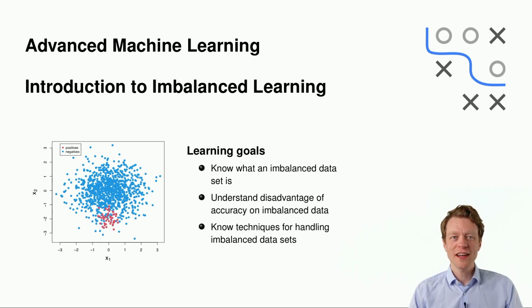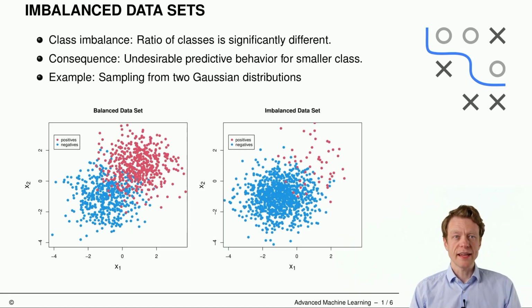I'm Ludwig Botmann, and in this video I will introduce you to imbalanced learning. You should know what an imbalanced dataset is. You should understand the disadvantage of using accuracy on imbalanced datasets, and you should know some techniques for handling imbalanced datasets. Imbalanced data means that the ratio of the classes is